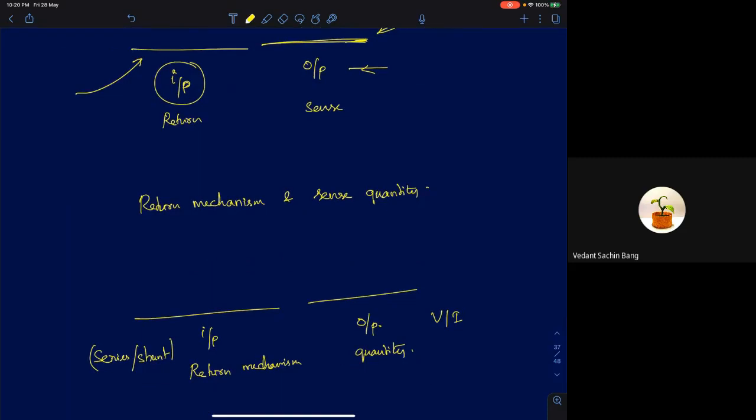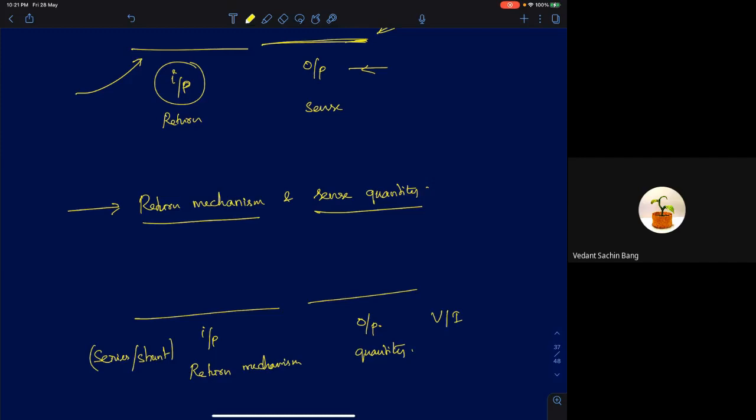The other naming convention uses the return mechanism but the sense quantity. For sensing, I'm going to use the quantity of interest. For return, I'm going to use the mechanism, or the connection.